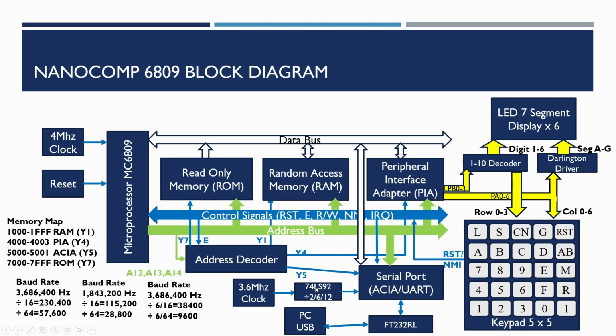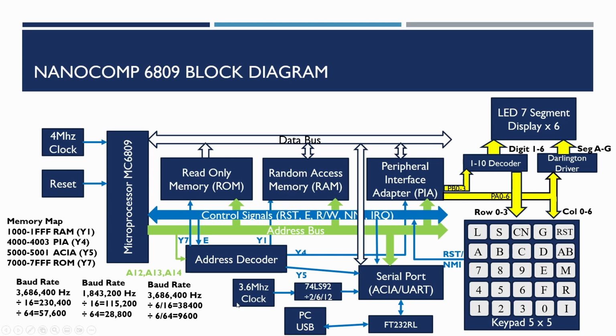Divide by 3 and divide by 6 is a bit awkward. And this particular clock is designed specifically for doing baud rates. By using the divide by 12, we can get these lower speeds. If we weren't using divide by 6, then we would be able to get higher speeds, like 57.6K and 115.2K. But we don't really need those at the moment, especially given that 9600 baud is able to do about 1 kilobyte in about a second. We've only got about 4 kilobytes of RAM here, so it's not really a big issue.